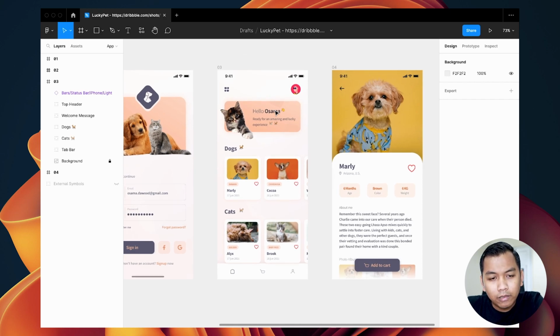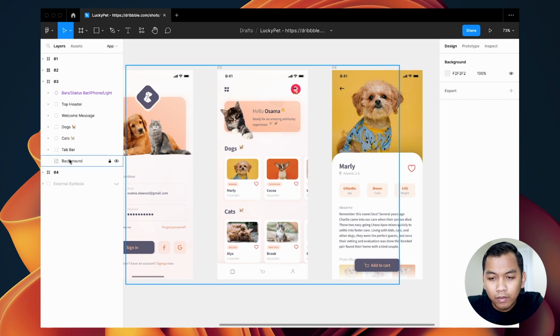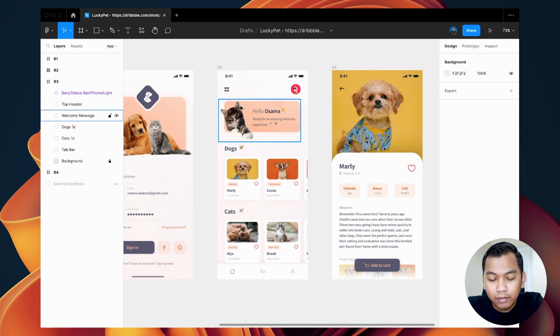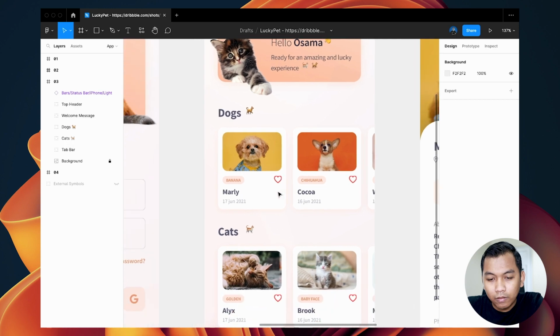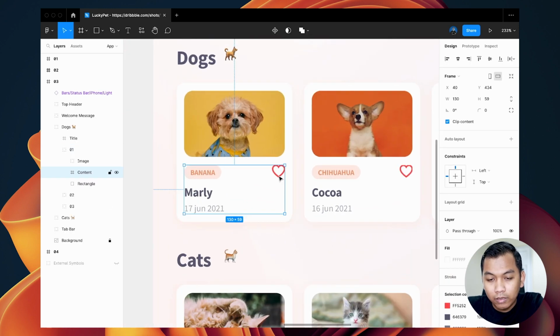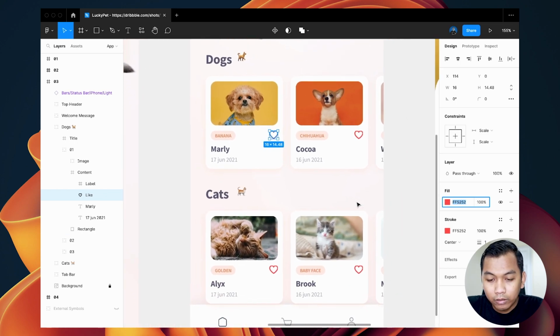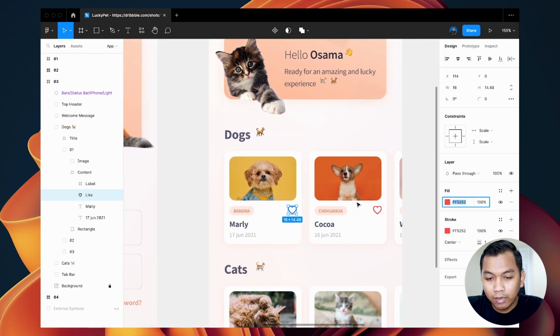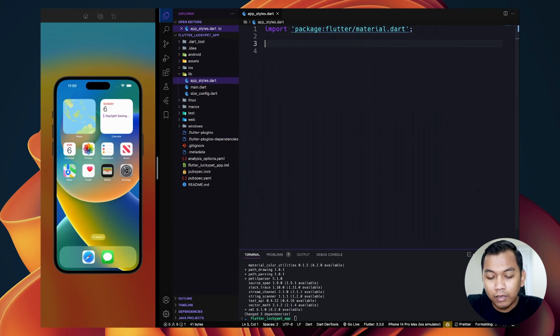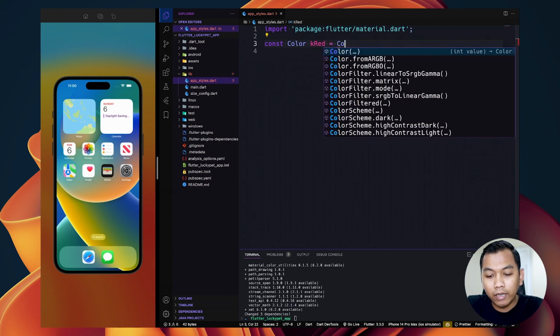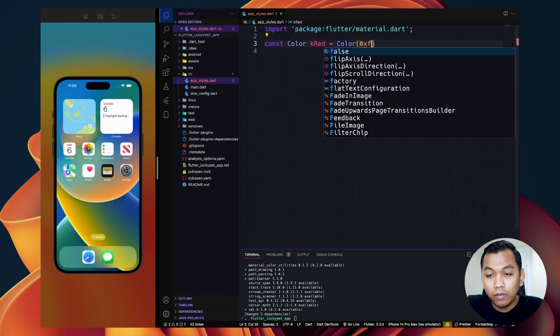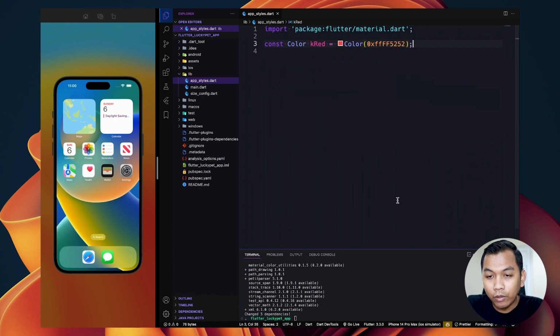And for the very first, let's pick a color such as this. Maybe because there's no other red color, we can simply create a new constant of color, name it red, and give it a value, paste it here, and we can see this color.